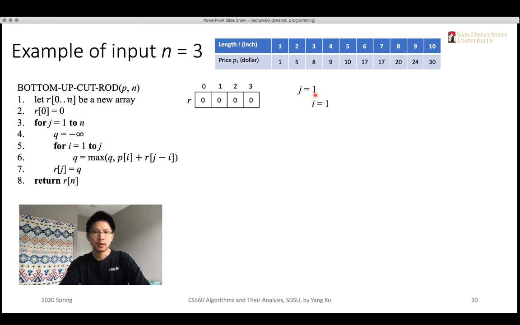And the iteration of the internal for loop iterates from i equals 1 to 1, because j is also 1. So there's just one iteration in the internal for loop. And within this internal for loop, q is computed among